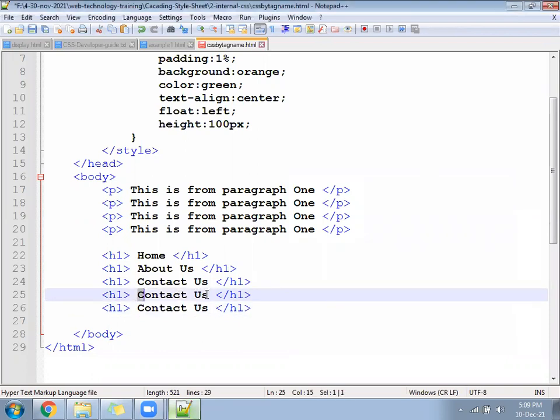Contact, services. 4 blocks are there. One more keep here, something called register.